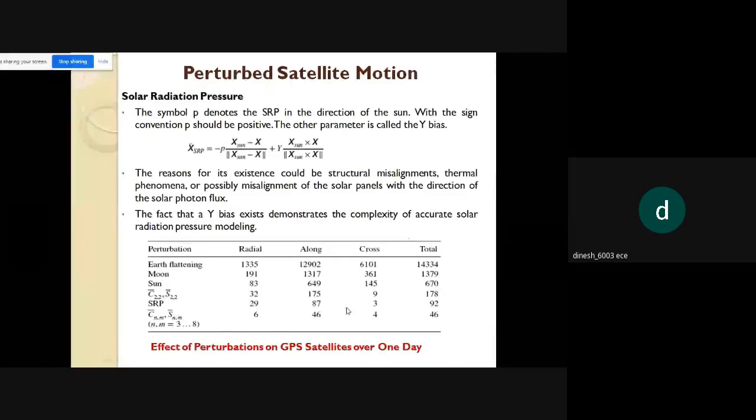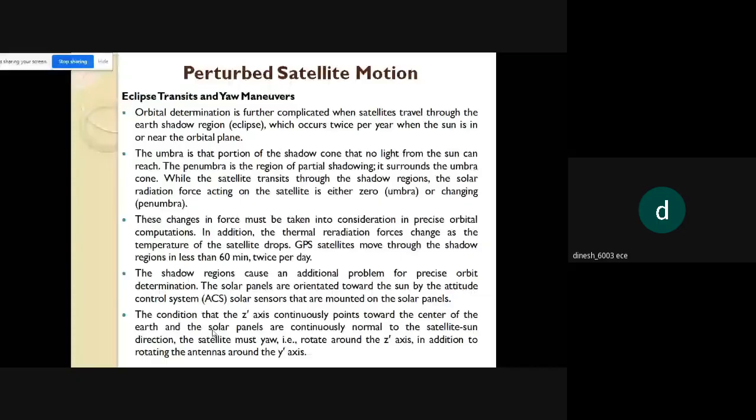What are the effects? Orbit determination is complicated by satellite eclipse transit, which is further complicated when satellites travel through the Earth shadow region. We call it an eclipse. When the satellite goes into the eclipse region, what will happen or how do we determine that is a big question mark. So for that,